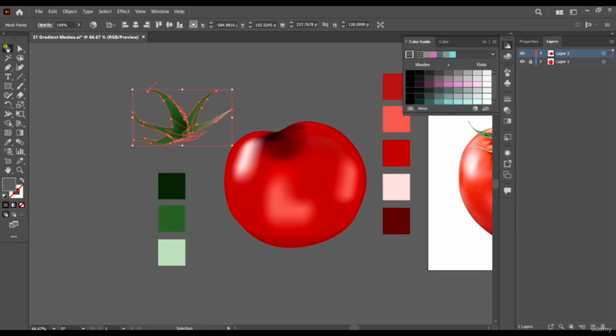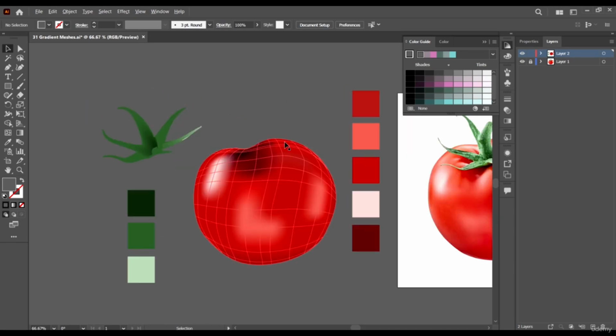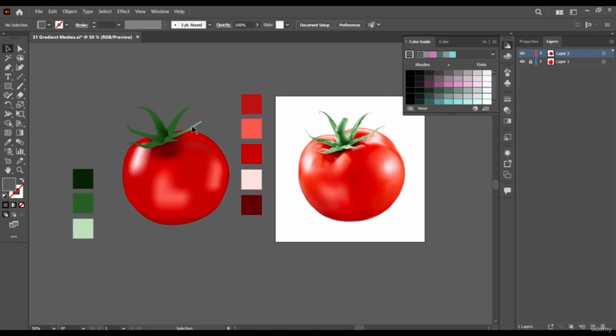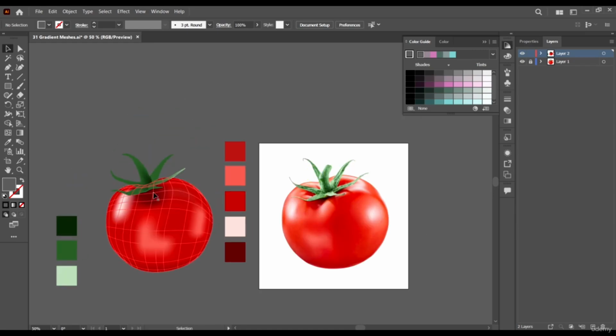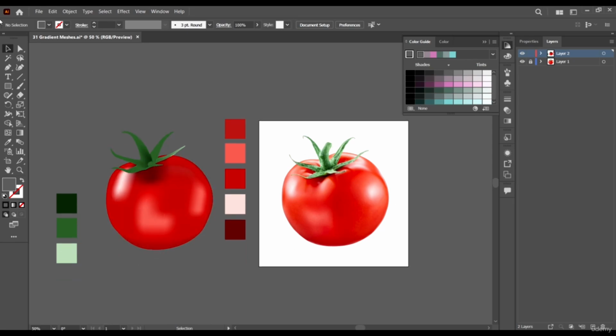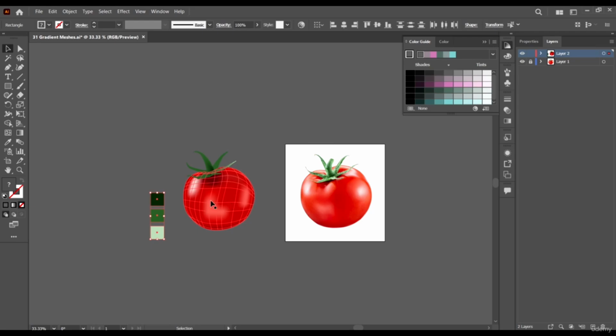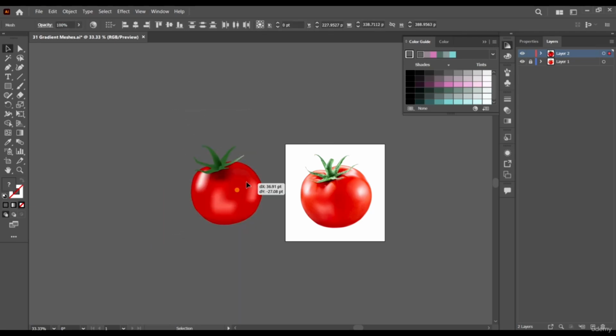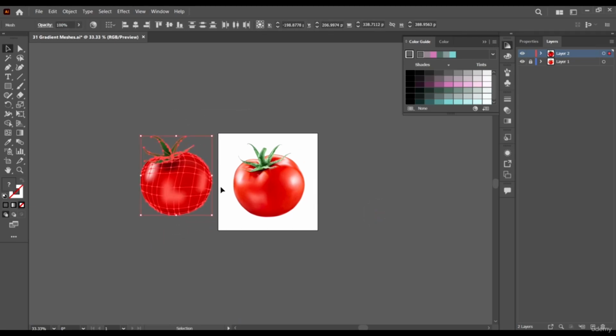And already I think what we have is okay. We don't need it to be too perfect. Perfect, good. So this is quite rough, but you get the point. We can see that we've almost replicated what we have on this place, just using the gradient mesh tool. And with this, we kind of see how this tool works, right? And not just for this fruit, but we can create a whole lot of things with this mesh tool.